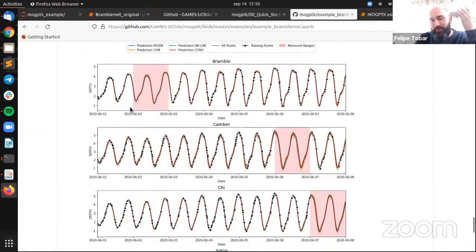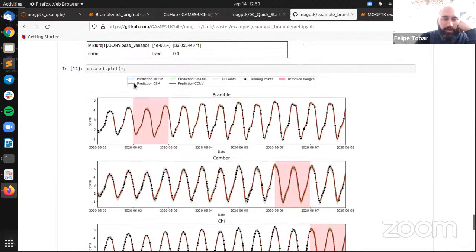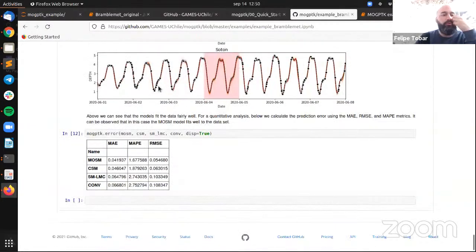This data is known to be very highly correlated, so an MOGP does very well. And we can see how the predictions are shown for MOSOM, for the spectral mixture linear model of coregionalization, for the convolution model, and for the cross-spectral mixture model. And if we look at the indicators, MOSOM does better than the rest, because the multi-output spectral mixture is a more general case than the other kernels. It collapses to the other kernels when constrained. But